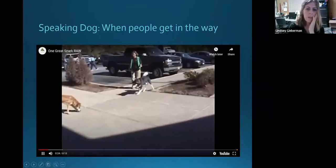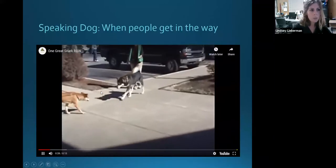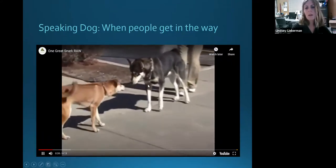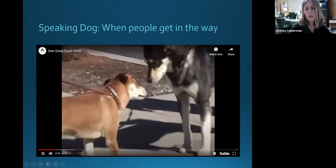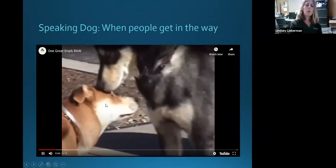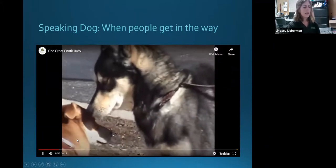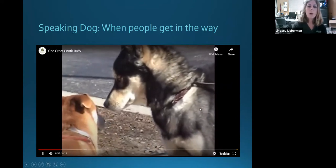This is called this because when people get in the way, the dogs were managing themselves just fine until the people got involved. So we have these appeasement gestures from this little red dog, the licking of the face. You can see how square our husky friend is. The little red dog's got his ears back. He's avoiding eye contact. His tail was, remember in the earlier portion, swish, swish, swish,